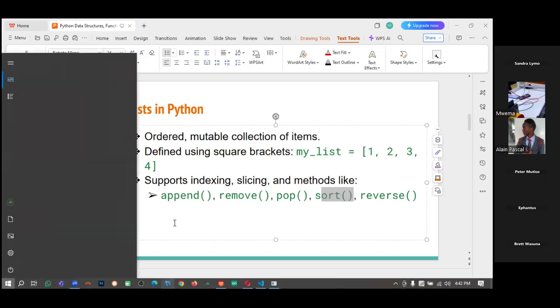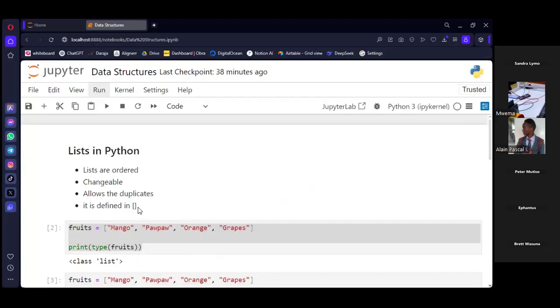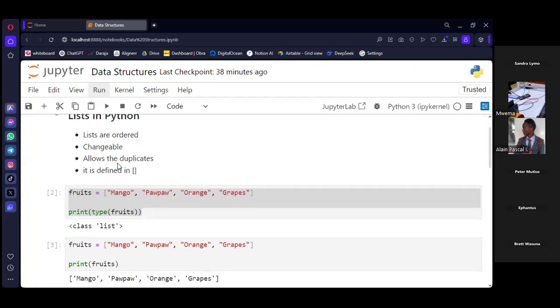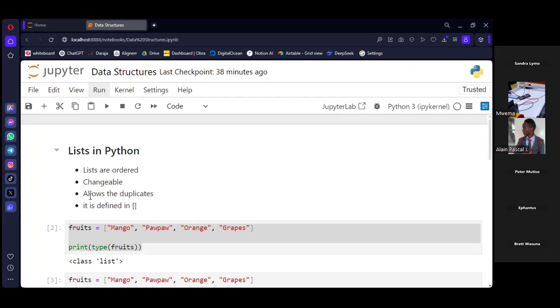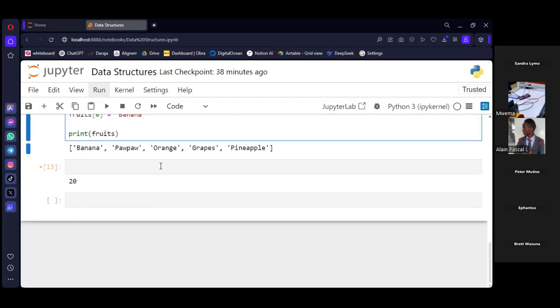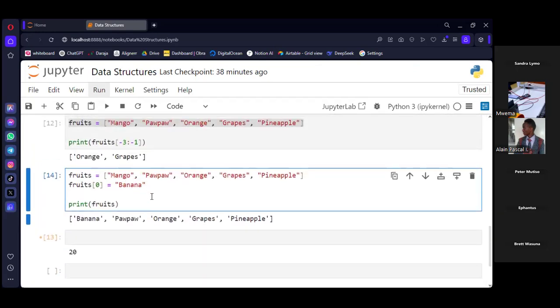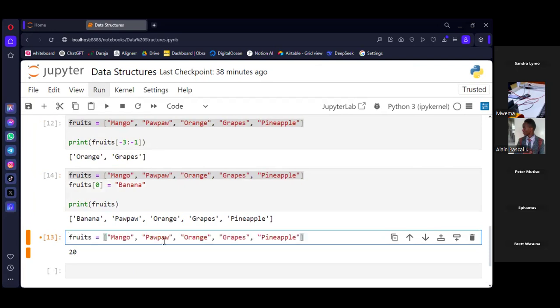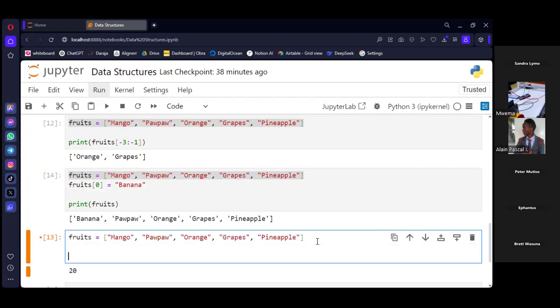But let's also try to demonstrate another attribute of the list. We say that it also allows duplicates. So let's have our fruits here, but I want to intentionally duplicate some elements and see if we get the same output.